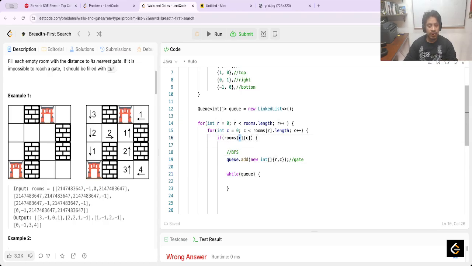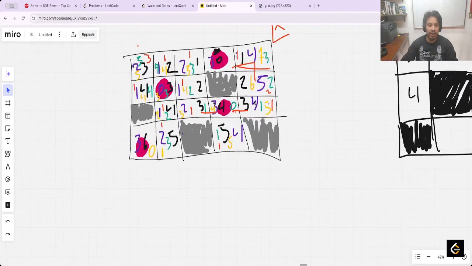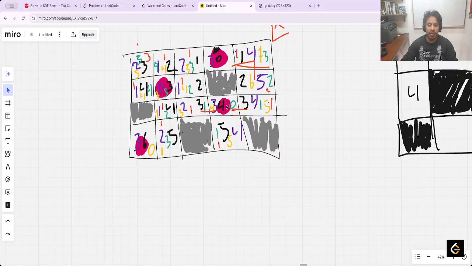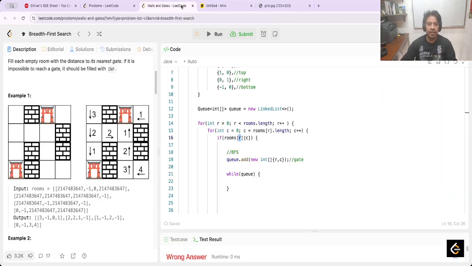Here is 0. You know what? When this situation happens where it's a gate here, I should ignore this, because otherwise I will overwrite the value and lose the gate. Yeah. In this case, while q is not empty